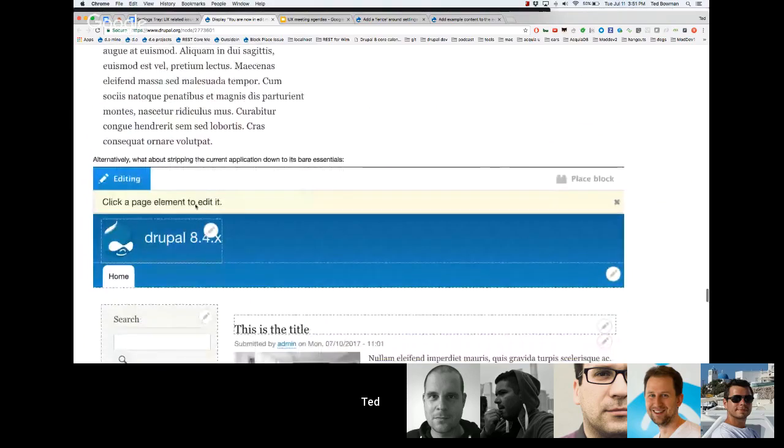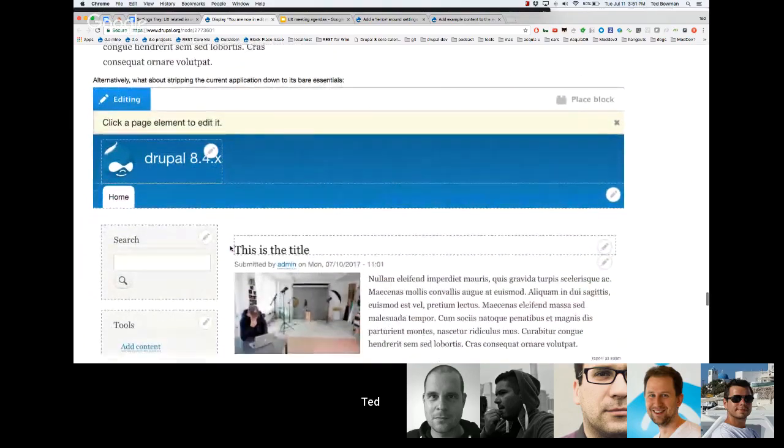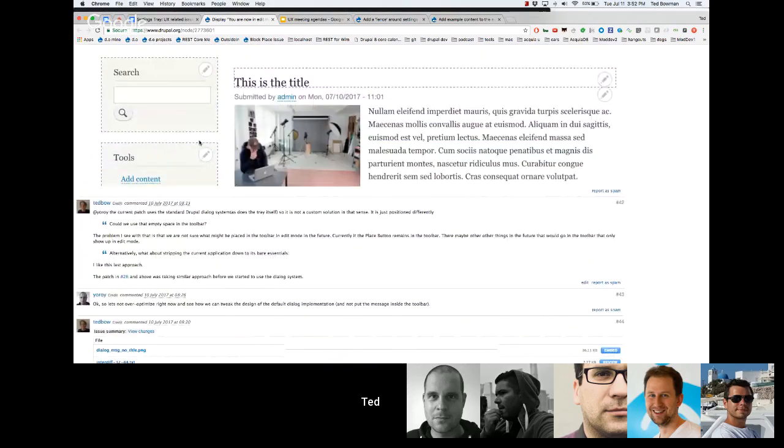And then the last one you had was this one. So this one would work. I think the only downfall of this is that it doesn't use the standard dialogue system. But actually, now that I say that, we can apply styles to the standard dialogue. So we could make the standard dialogue look like this. I haven't actually tried it, but if this bar here is visually preferable to this,